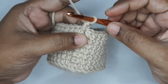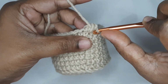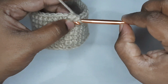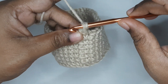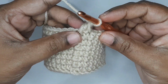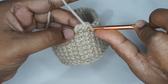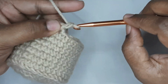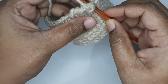So next space is here, so we are not doing anything, just see that your loop doesn't come out of your hook. Insert your hook, next stitch, pull up the loop, bring it out, pull it high a little bit to get to the height of the first loop, pull it through and just make a single crochet how you would normally do a single crochet. So we are going to go in the next stitch here at the backward, pull the loop, pull it high, single crochet. Okay, going to the next one here, insert, pull the loop,